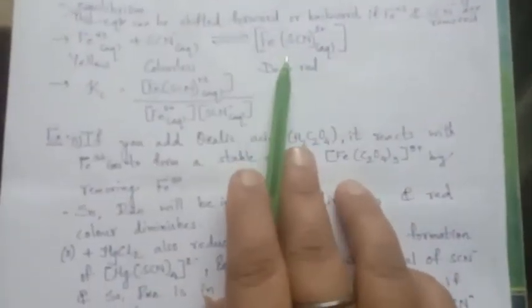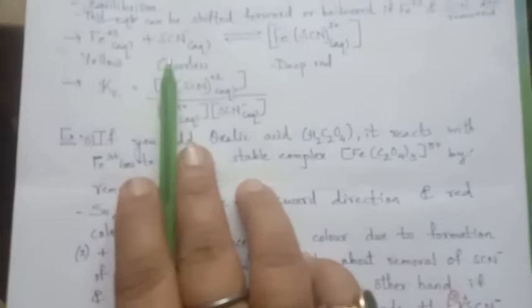is removed. And if the reactant is removed, then definitely what will happen? The product will understand that, oh, on the reactant side, Fe is now less. So it will try to replenish, that means it will try to give the ferric ion, and thus the reaction will start in the backward direction, and slowly the deep red color of the product will diminish.